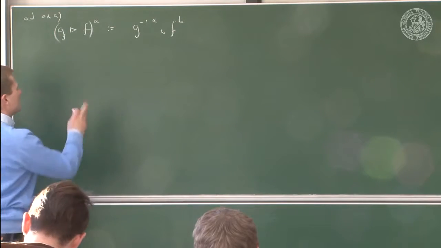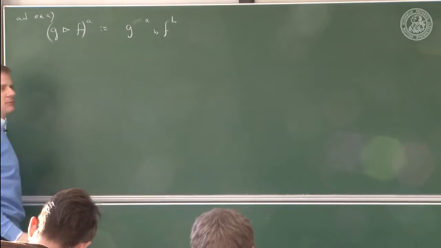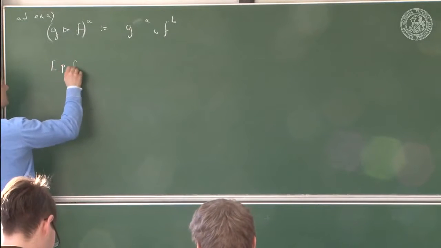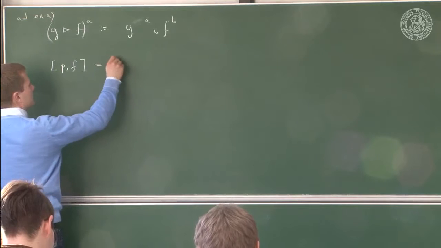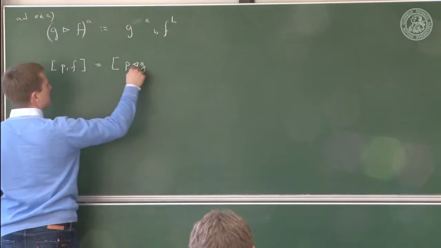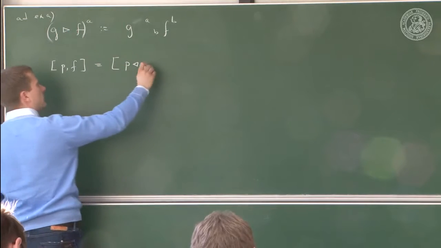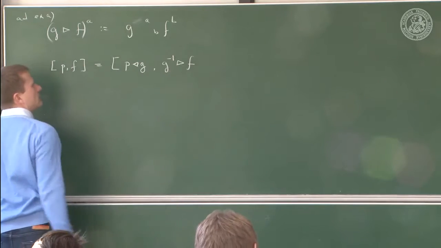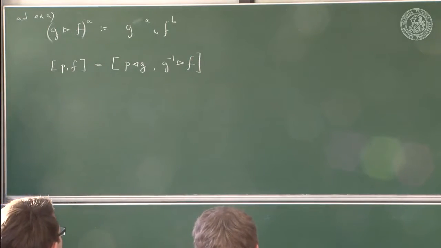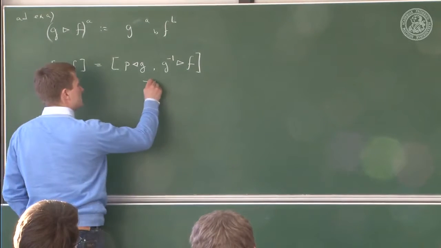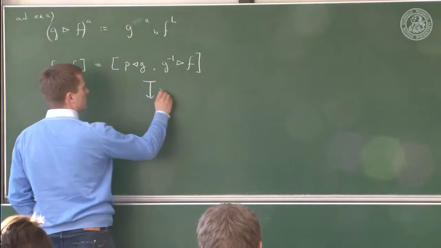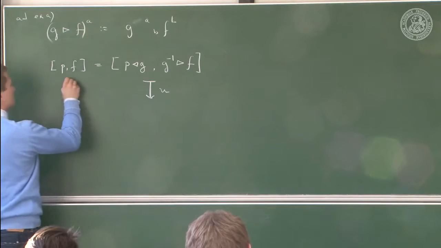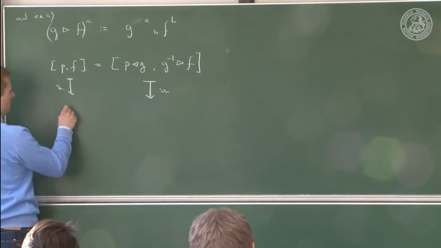Well, if you really want to get this together with what I said before, at this point I think you need to remove the g inverse, because you remember that the equivalence classes [p, f] were defined such that the right action of G on the principal bundle, together with the left action of G on the fiber, already had the g inverse. If you send this via this map U to